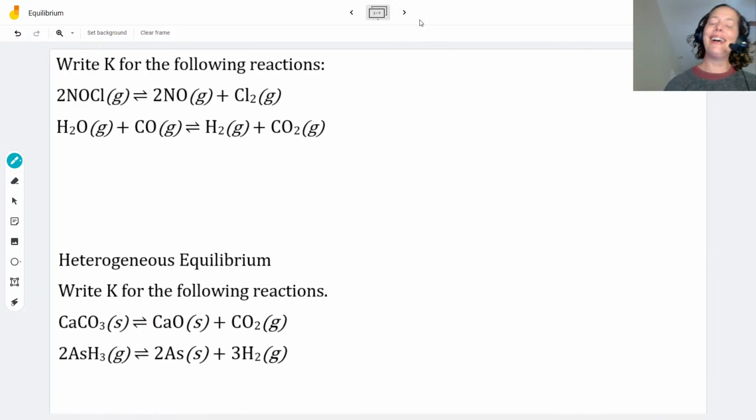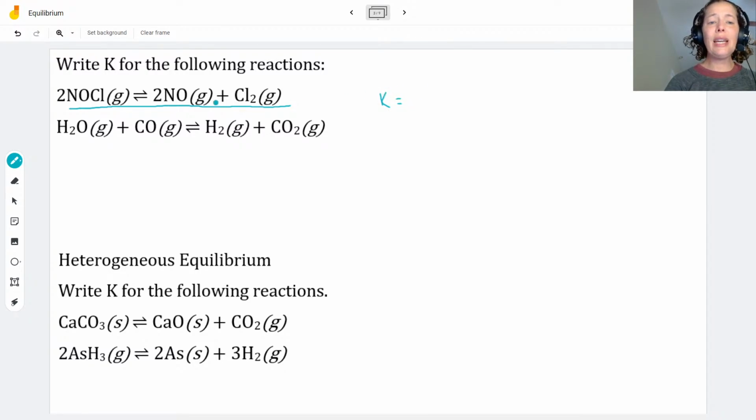Okay, so let's practice writing K for some actual reactions. So we kind of did the general reaction, but let's write it for these reactions. I'm going to start with this top one right here. Now these reactions are already balanced, so woohoo for that. So my K for that reaction,